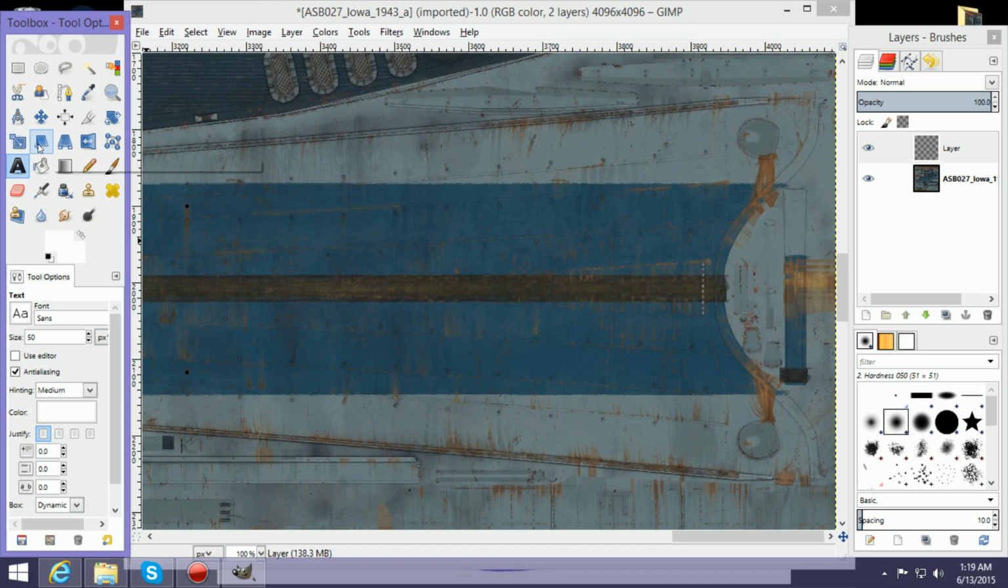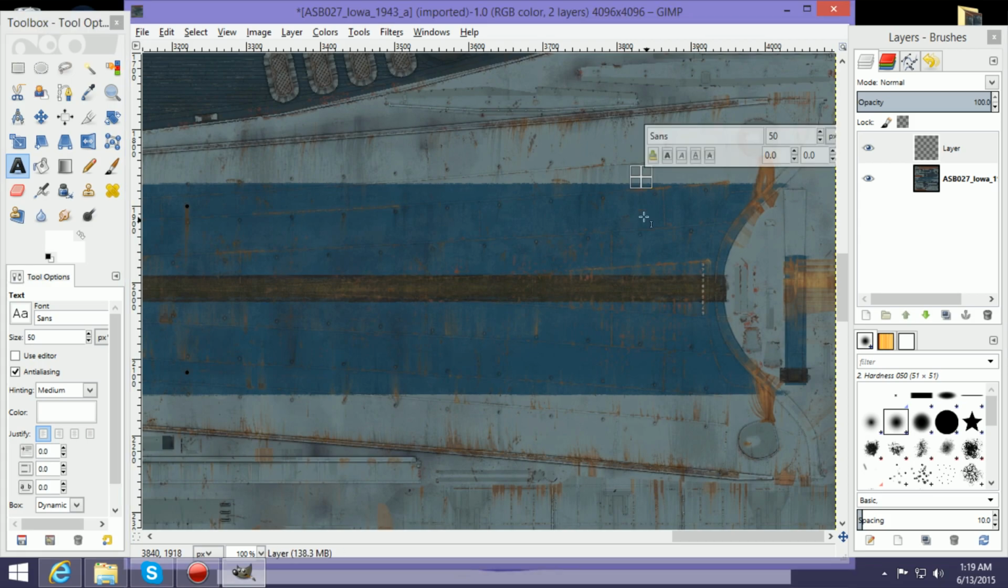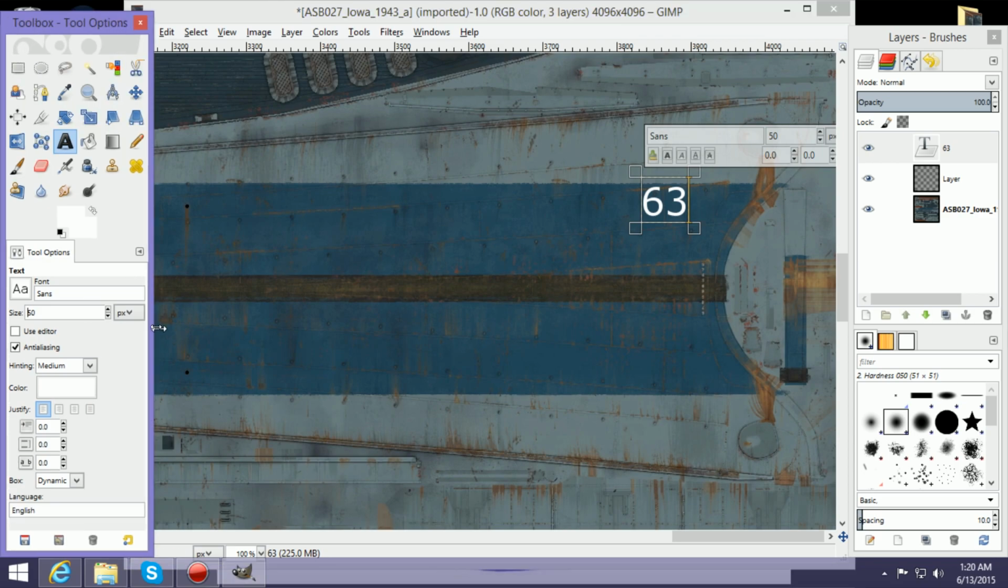Okay, so I'm using the text selector, and we're going to click it right there, and we're going to type a 6 and a 3. And that doesn't really look like the ones on the Missouri there, but